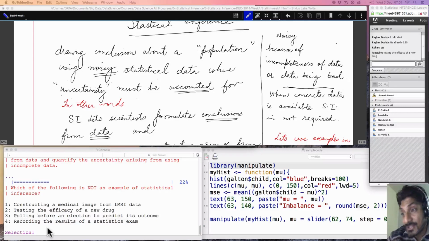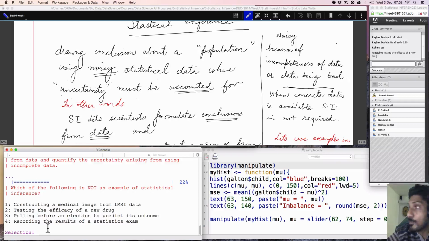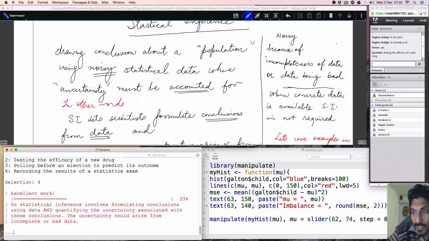But at the same time, for example, in the US, the elections happened, and based on the data, the prediction was correct. Even in India, right? The exit polling was able to predict how many seats BJP will take, how many seats Congress will take. And this kind of exit polls are done on a very small sample because it's very, very expensive to do it on a huge sample. You got it? Have you understood this concept clearly now? With the help of this example, let's move ahead. So I give 4 as the option.